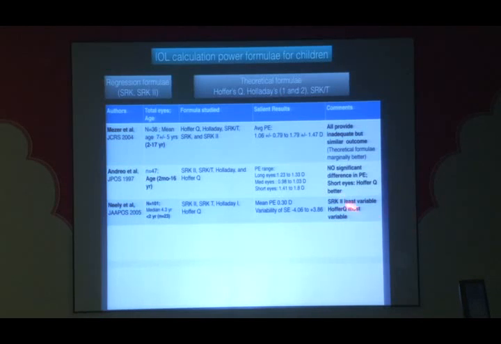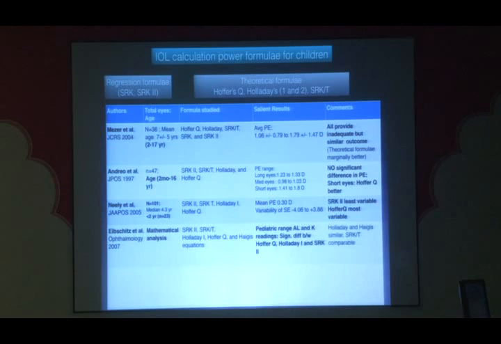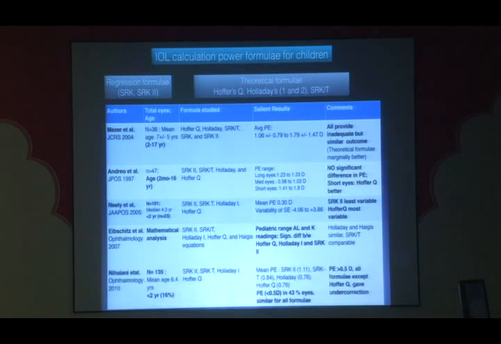And they found that SRK2 is the least variable and Hoffer Q is the most variable, a little in contrast to the initial evidence. And then this mathematical prediction model by Abitz showed that we cannot have a foolproof formula for all the axial length and keratometry ranges that pediatric cataracts offer. So this is again one of the